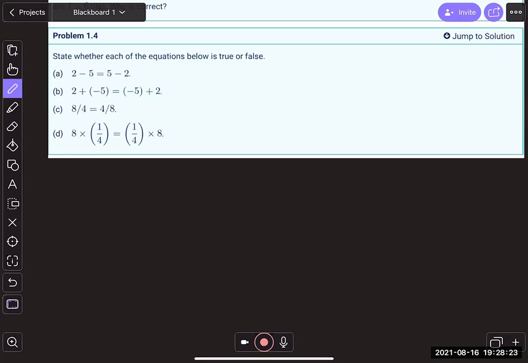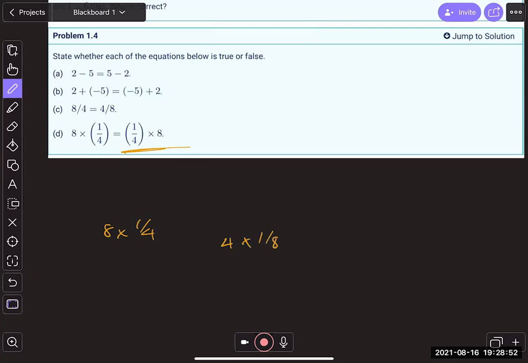Well, the reason why is because when we write 8 divided by 4, we're writing 8 times 1/4, right? But when we say 4 divided by 8, we are no longer saying 1/4 times 8. We are saying 4 times 1/8. The difference here is huge, right? So because of that difference, we just have not written the same thing on either side, right? The left side here that we've written is 8 times 1/4, and the right side here that we've written is